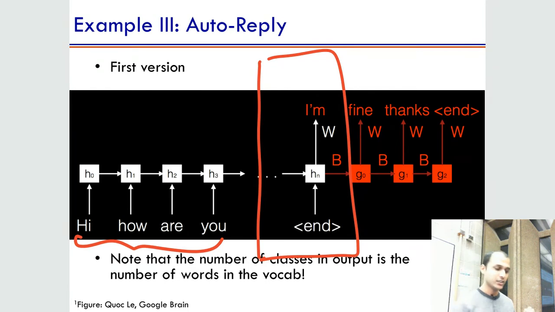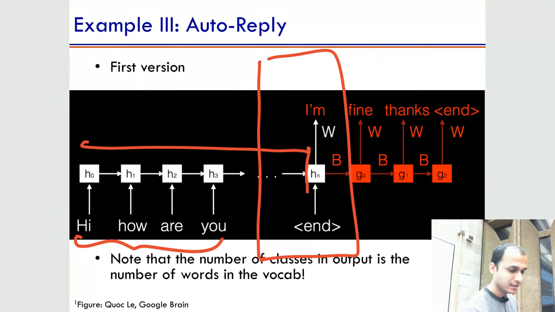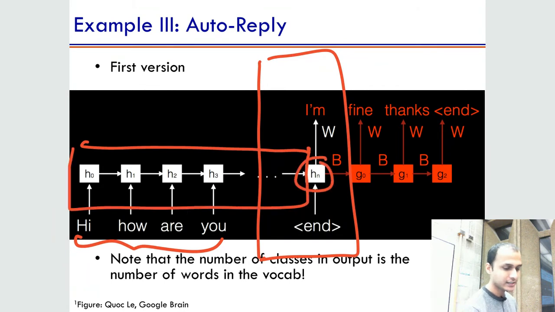So this whole part, including the last state, that part is called the encoder. It just encodes the whole input sentence into some vector. That's what essentially has happened, and this part is essentially an RNN. Now, given the encoded vector, terminated by an end token,